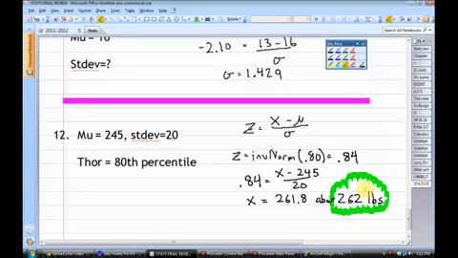When you say approximately normally distributed, should we say the x value in terms of approximate? Yeah, you should. Okay,